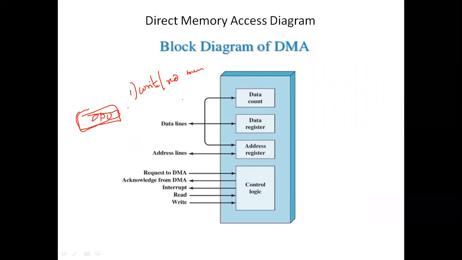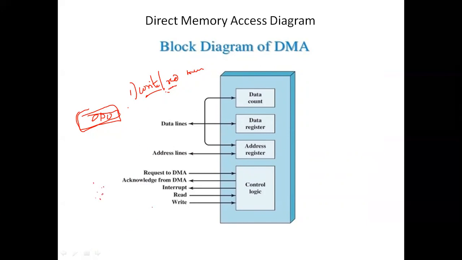Then, where the data block has to be written in the memory. Next, the DMA controller stores this in the address register. So the first information is whether the data has to be read from the memory, or the data has to be written to the memory. So through which signal does it pass this information? Through the read and write signal of this control logic.